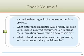Now check yourself. 1. Name the 5 stages in the consumer decision process: need recognition, information search, alternative evaluation, purchase, post-purchase. 2. What differences mark the way a highly involved versus a less involved consumer likely looks at the information provided in an advertisement? A more highly involved consumer would